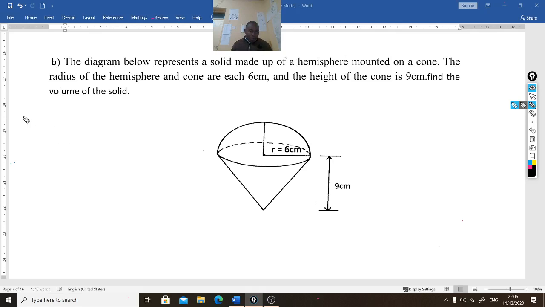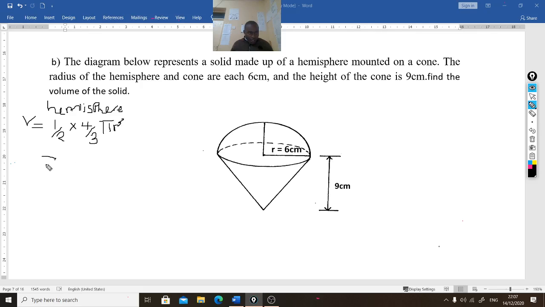Now the volume of the hemisphere, we have said it's a half because it's a half of a sphere. A half times 4/3 pi r cubed,